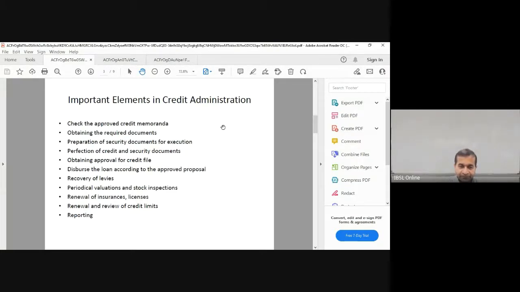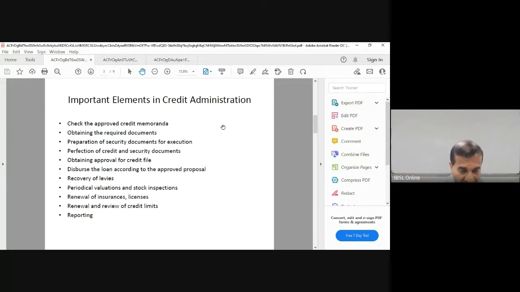Then you have to get ready with the security documents, and thereafter you have to perfect them. What do you mean by perfecting? There are certain other parties with whom you have to either notify, get it approved, or register. If you take land registry, you have to register the documents with the land registry to get the higher priority. And if it has something to do with vehicles, RMB, and if it is a loan to a company, a limited liability company, you may have to notify the